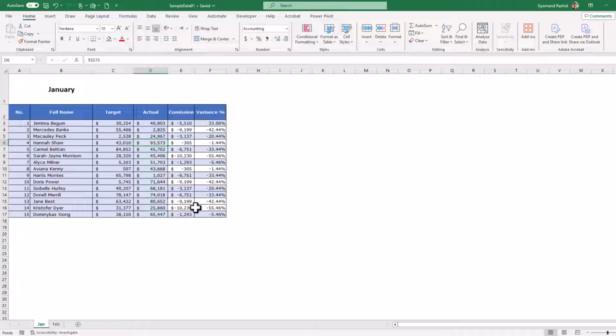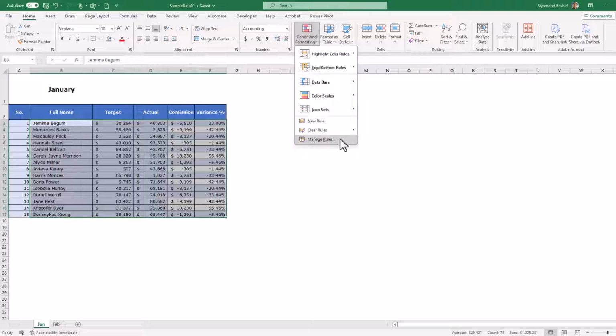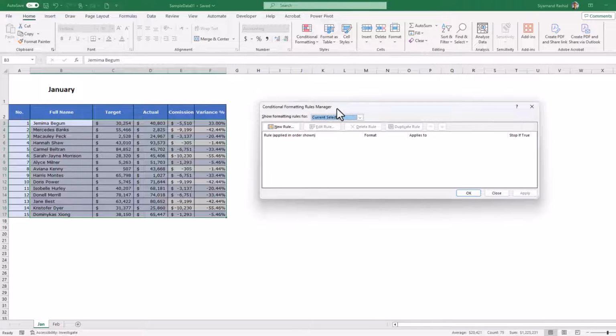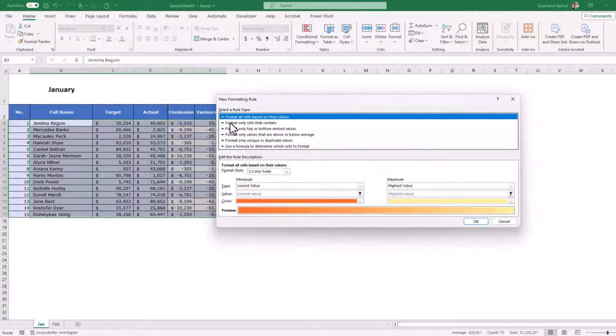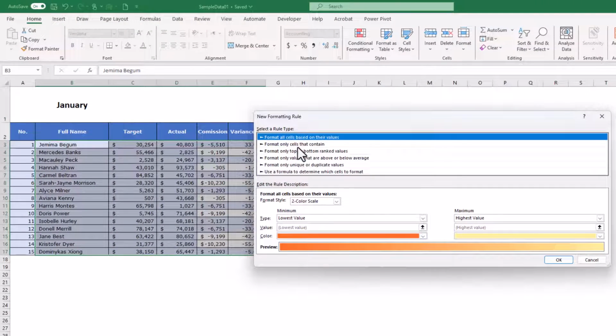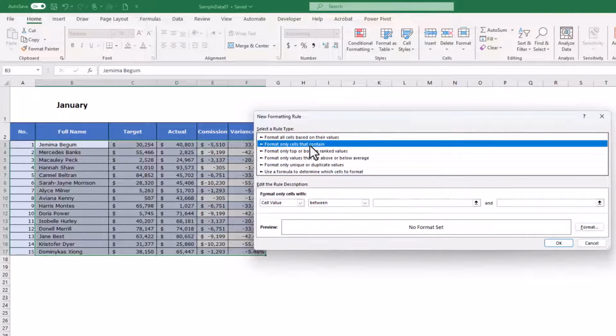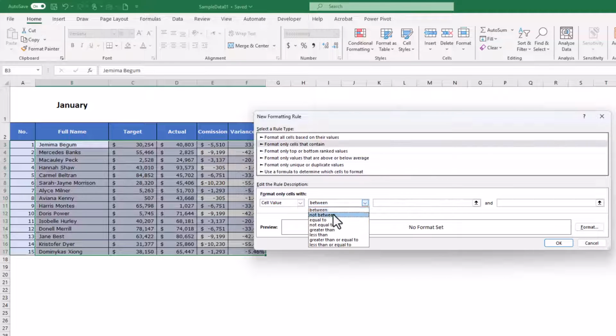To begin, select the data starting from the first name, then navigate to Conditional Formatting and click on Manage Rules. From there, select New Rules. Then click on Format Only Cells That Contain, leaving the cell value as is, and change the condition to not equal, since we only want to highlight unmatched